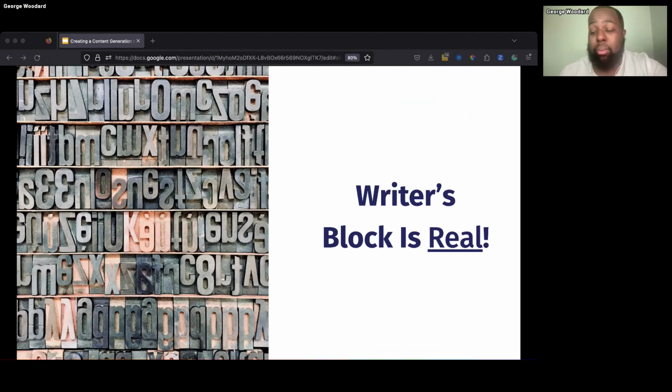First and foremost, writer's block is real. If you have been around any period of time trying to create content for any reason, whether it's newsletter, social media content, website copy, anything, it's a struggle. Plainly put, being able to generate content on demand is a challenging task. Even the brightest and best copywriters in the world have a challenge with generating content. I mean, everyone runs into writer's block at some point. It's just part of the nature of the business, so to speak.